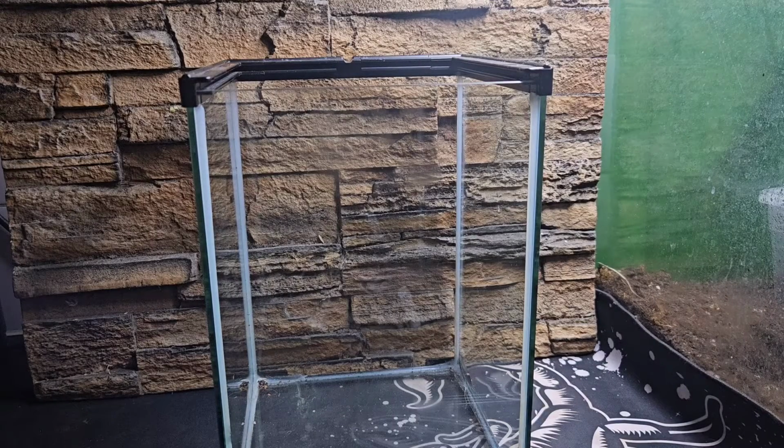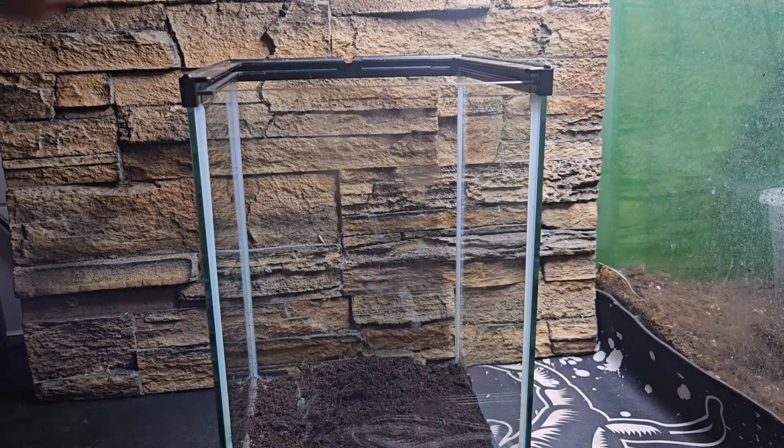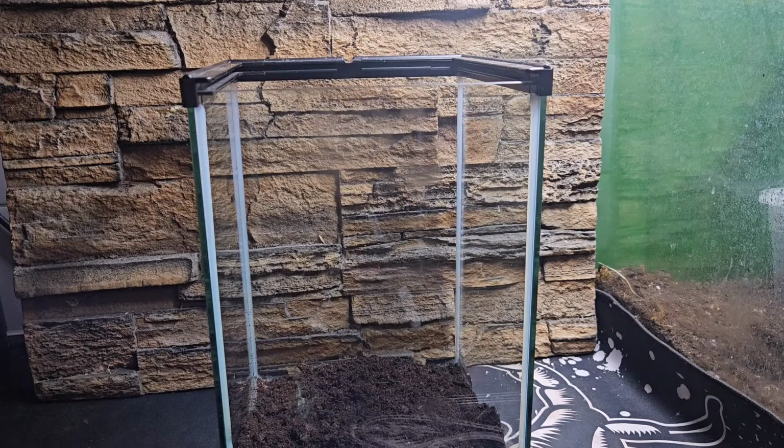I am desperate for some more. We are going with Irish peat moss as that substrate while we can still get it. It's absolutely ideal for this species. Makes burrowing an absolute dream. So what I want to do is, because it comes from a mountain area, I want to try and recreate